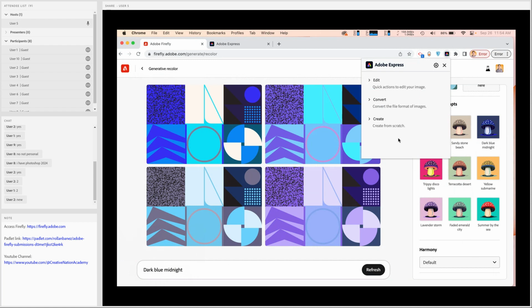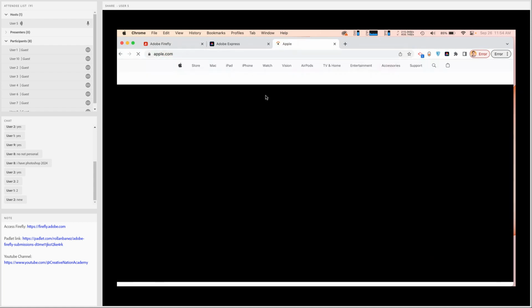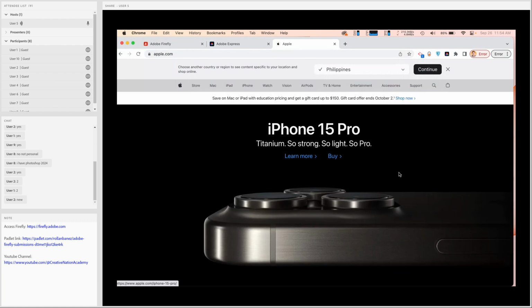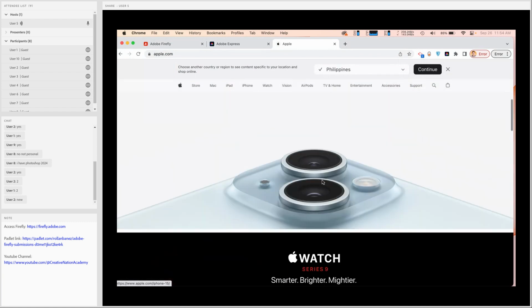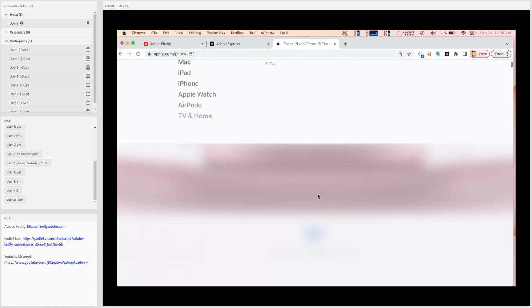Yes, you can download the Chrome extension and you can easily edit, convert, even create from scratch without jumping from Express to another. You can even choose any website. For example, if I go to apple.com, I could just right click on any photo that they have, and easily edit this in Express if you want.